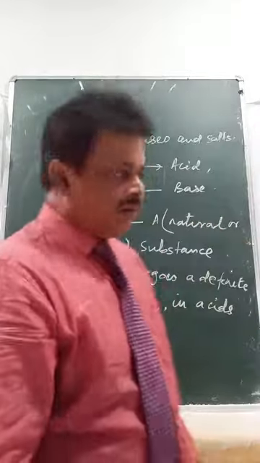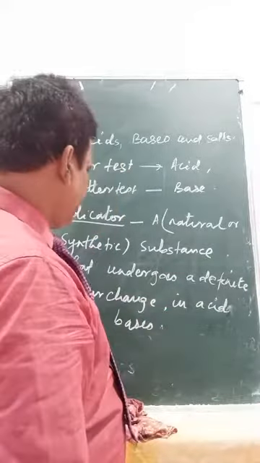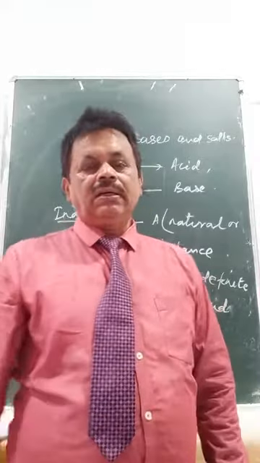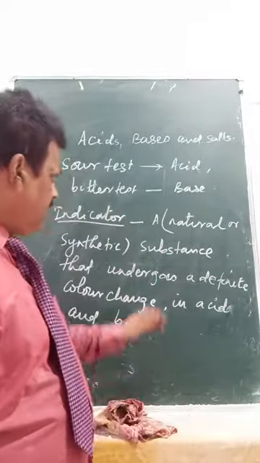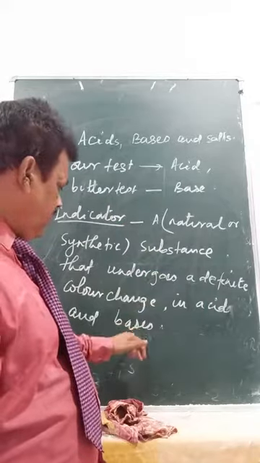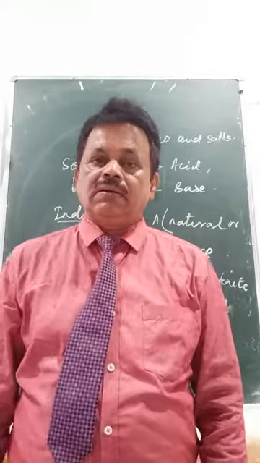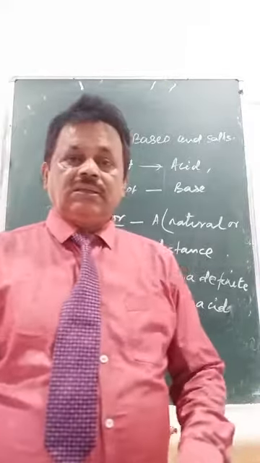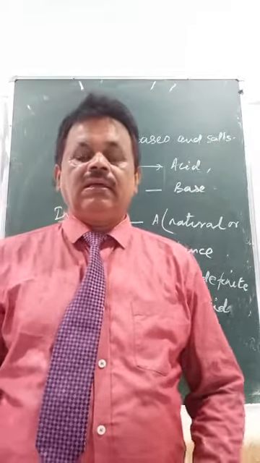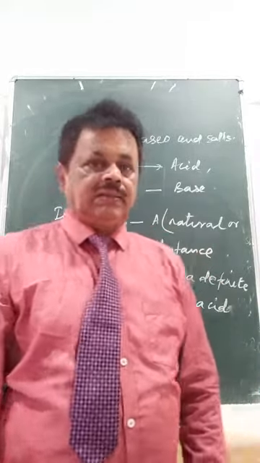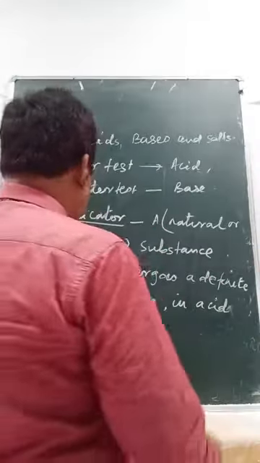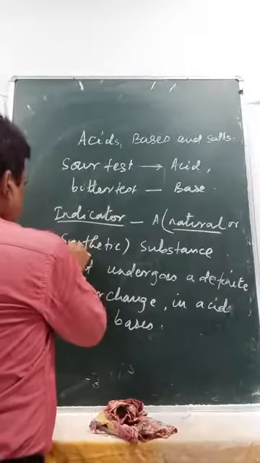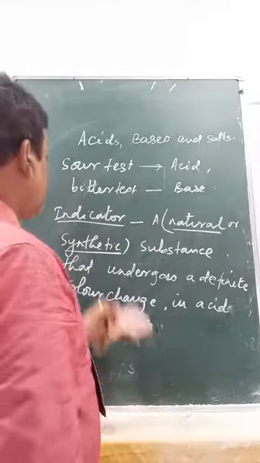Okay, look, it's not acid. It means the indicator, when you add acid to it, will give a definite color, or the indicator, when you add the base to it, gives a particular color. Then only that will determine whether the substance is acidic or contains base. So for that I have written here, either it is a natural indicator or a synthetic indicator. So what is a natural indicator?